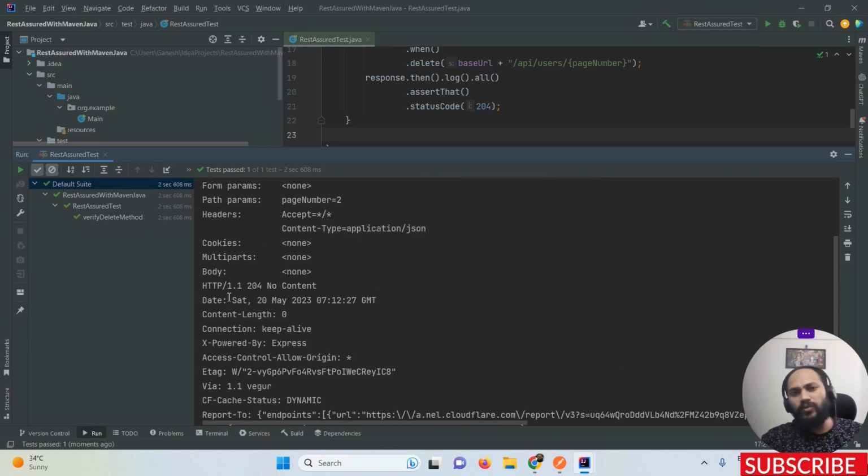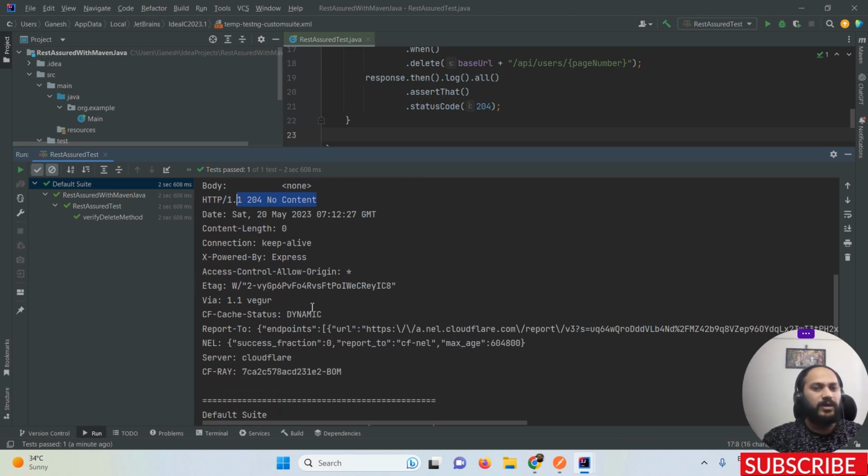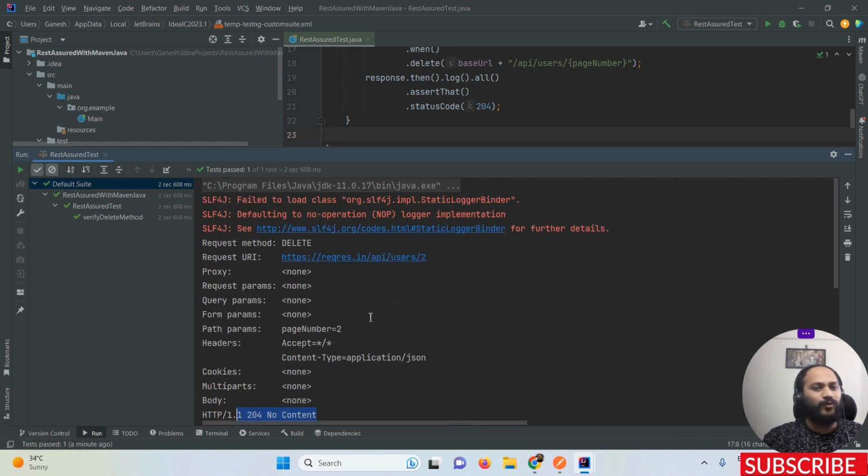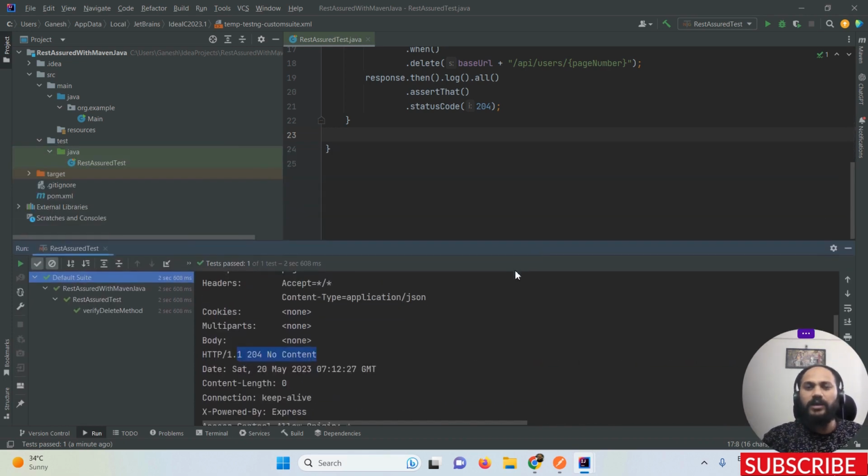And it is not going to return any data or any response, so that is why it is not going to print. And you can see this is the response we have, HTTP. This is the status we have, and you can see we are getting a 204 status code, and no content data we will get. So this is how basically we have to automate the HTTP delete method